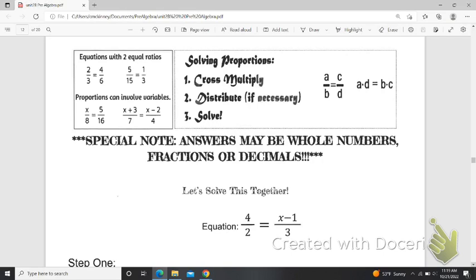So in this case, we have some examples at the top of equal ratios, and we have worked with equal ratios. And we can see that the cross products are equal. We've worked a lot with that. And so we can use that same idea when there's variables. And so we've been doing that when there's just an x in one place, and only an x. But we can also do that when there's something like x plus 3 over 7 is equal to x minus